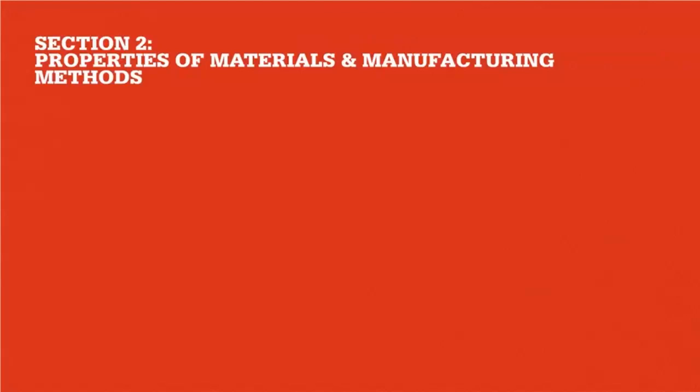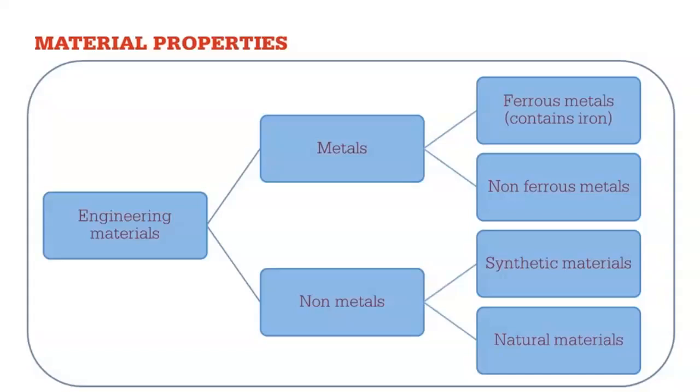So briefly, the materials and the manufacturing are an important thing there. We need to choose what material we want to make our design from. When it comes to engineering, we've got a wide range of materials that we can choose from. We can use metals, ferrous metals, which are steel or cast iron. You can have non-ferrous metals, which are aluminium or copper or brass, or you can use plastics, ceramics, composites like